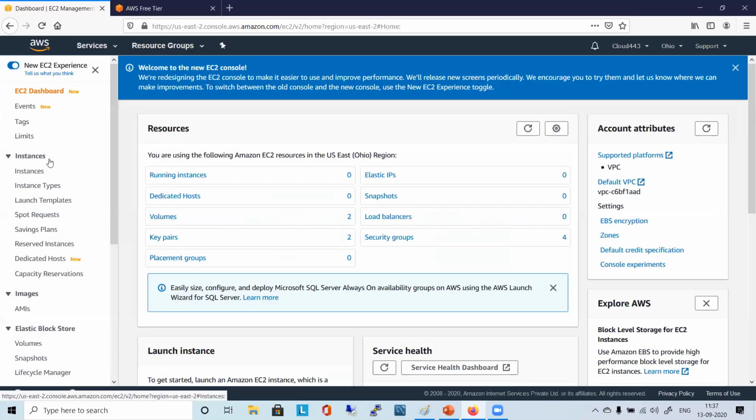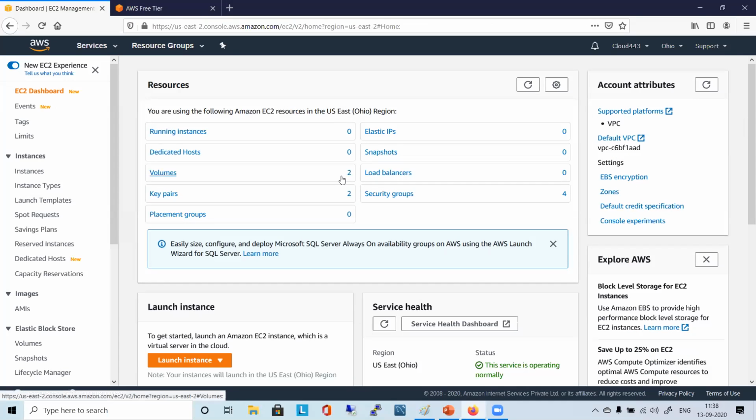So let's go. Click. All of you came to this EC2 dashboard. We call it the EC2 dashboard. You see some changes are happening. Welcome to the new EC2 console. We are redesigning the EC2 console to make it easier. Every day you will see some kind of changes, and especially towards the end of the year, you will be seeing more changes, because they will be having re:Invent. For that they will be adding new features. A lot of things will be happening towards the end of the year, before November.